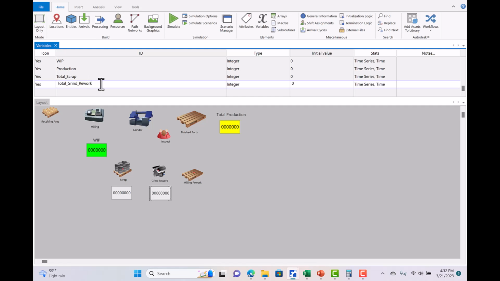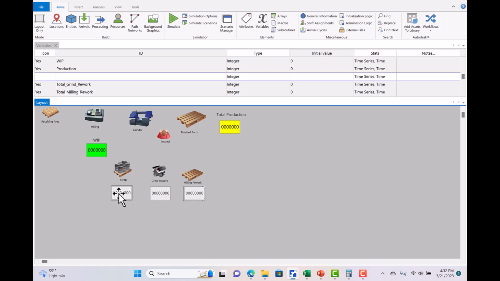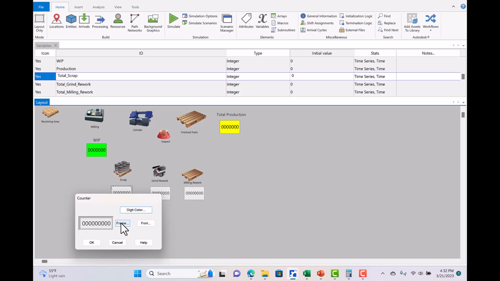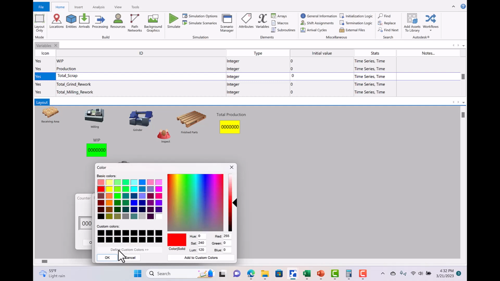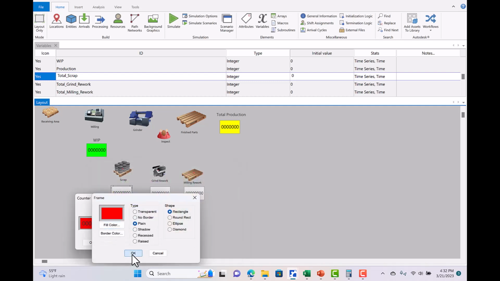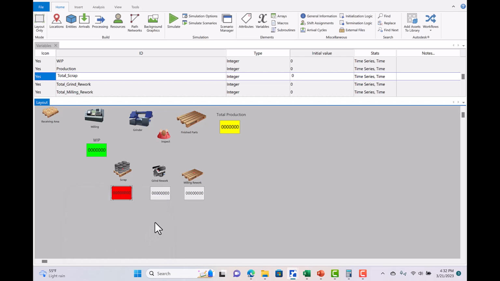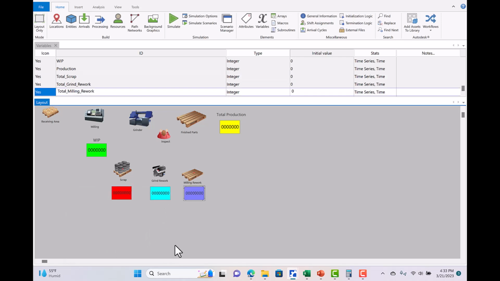I'm going to put also my milling rework, total milling rework. Since this is a scrap, I'm just going to try to put a fill with red. You don't have to do it, but just for aesthetics. Okay, so I'm pretty much trying to answer those questions to track the WIP here, total production, and